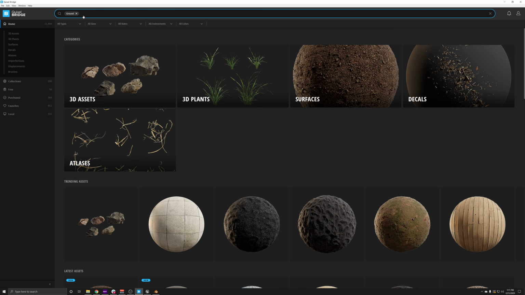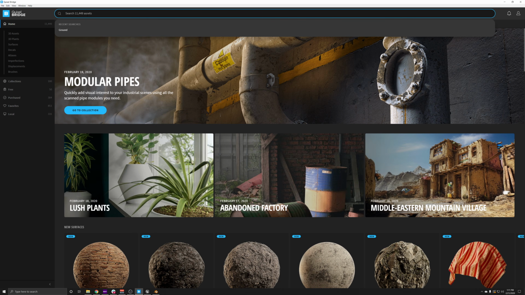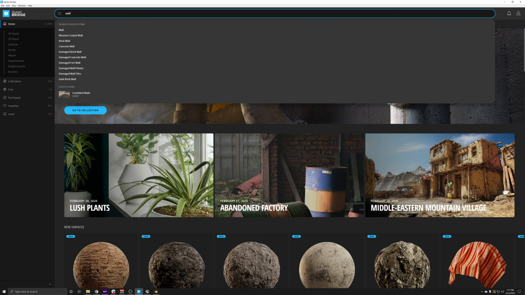Let's look at that again and see what happened, but let's type something else. So let's type in wall. I'm not going to hit enter just yet, but I'm leaving the word wall up there without hitting enter, and you can see that it's bringing some search results up that are some typical search results or your most recent search results. It's just giving you a little heads up about what you can actually see going forward, as well as sometimes it'll display a collection that has wall in it or something that has a tag with wall in it.